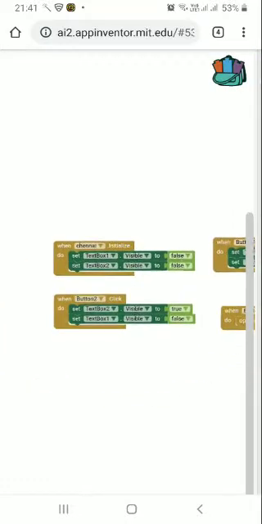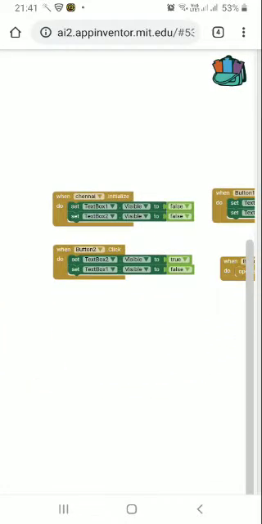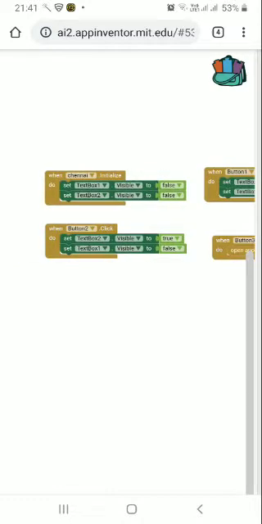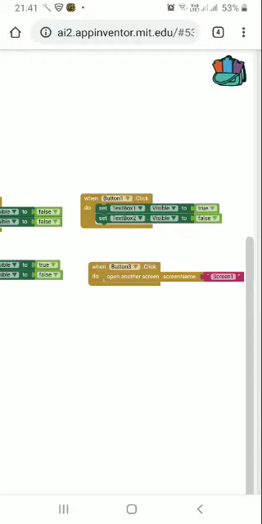In the block section, I have given when this screen, which is Chennai, initializes, the visibility of both the text boxes is being set to false, and when button 2, which is the district details, is being touched, the visibility of the details containing the collector is being set to false, and the text box containing the details of the district is being set to true. And when button 1, which is the details of the collector, is being touched, the text box containing the details of the collector is being set, visibility is being set to true, and the other is set to false.